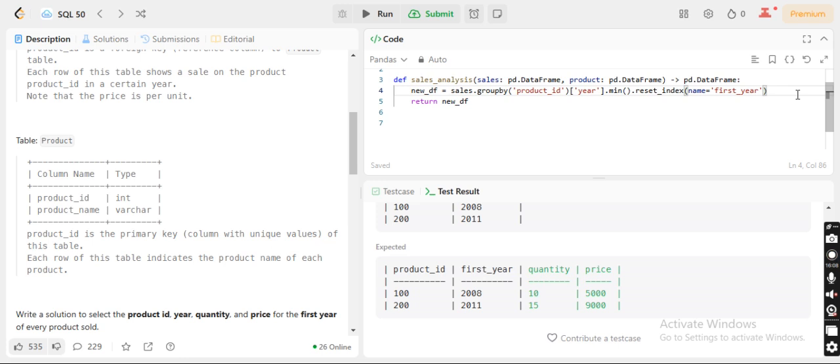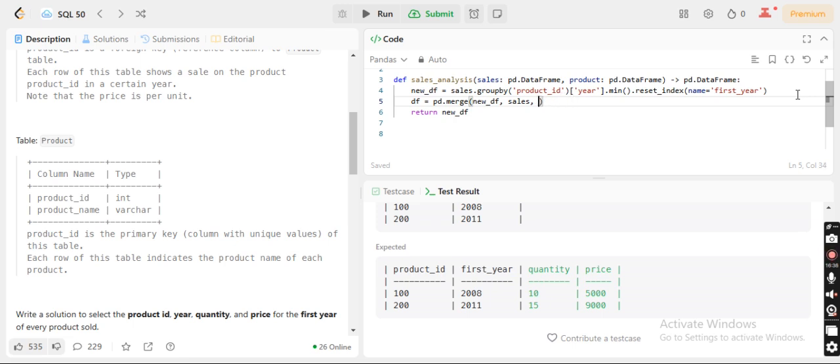So basically for doing that, yes, I do need now the final merge function, but in a correct method. Merge. So new df, comma, sales. New df is having my product and first year. Sales is having all the things. So left, right. So left on.